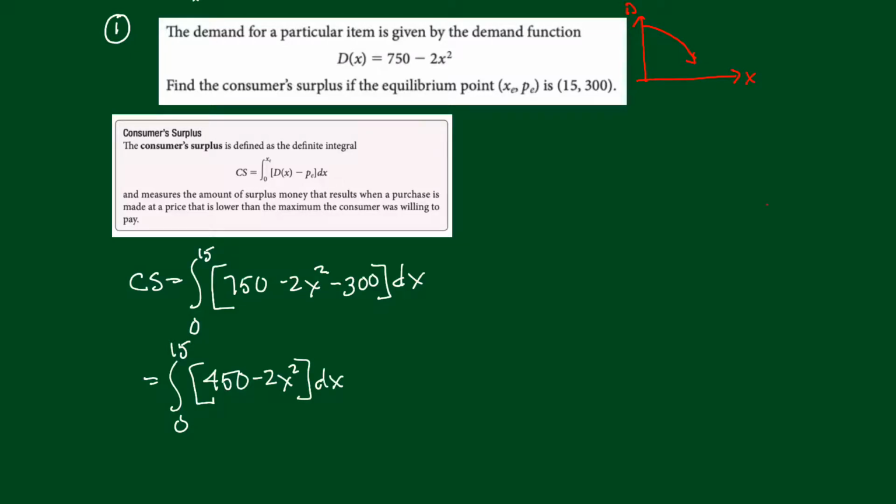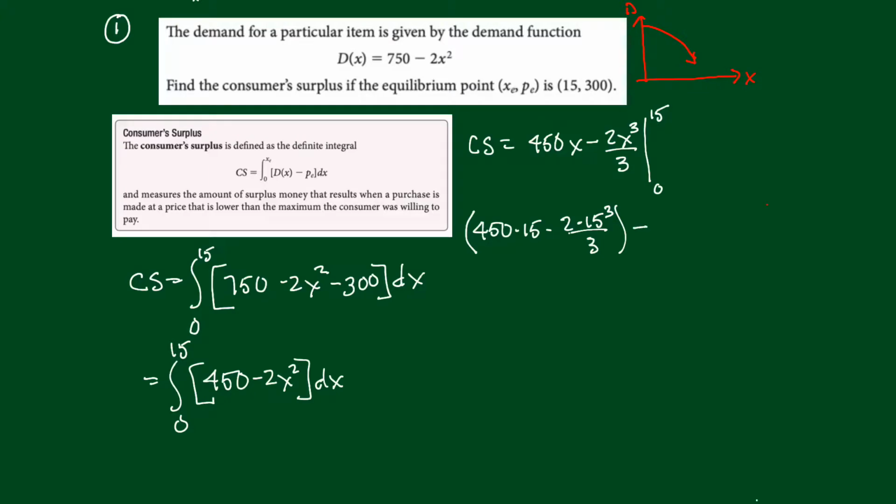And let's integrate it term by term, right? So the consumer surplus is going to be 450x minus 2x cubed over 3, right? X cubed over 3. We increase the exponent by 1, divide by that new exponent, and we're going from 0 to 15. So let's evaluate. We'll put in the upper limit first. I'll use parentheses so we can block it off here. It's going to be 450 times 15 minus 2 times 15 cubed all over 3,